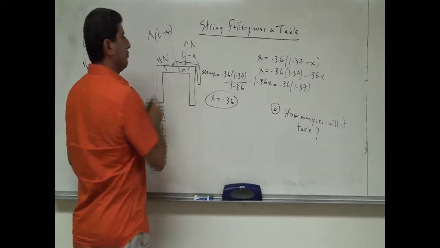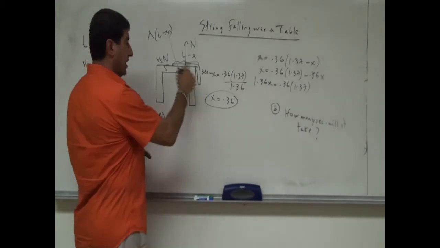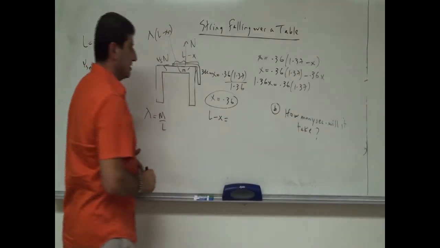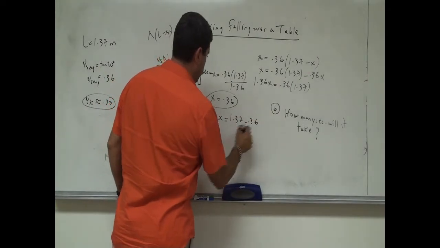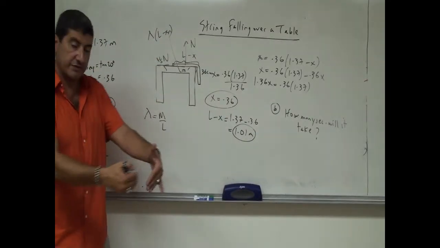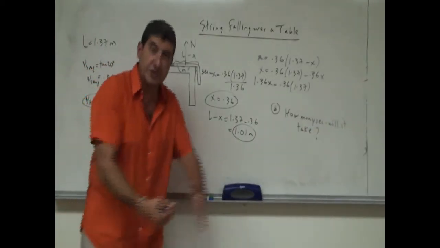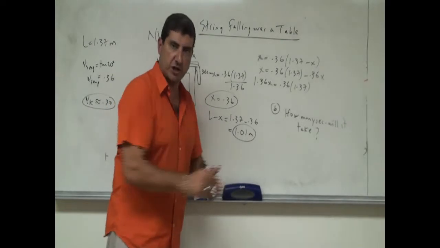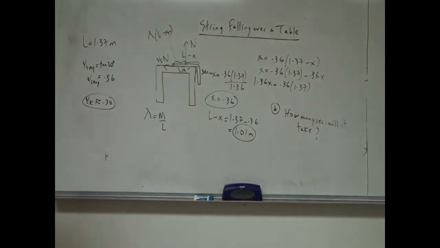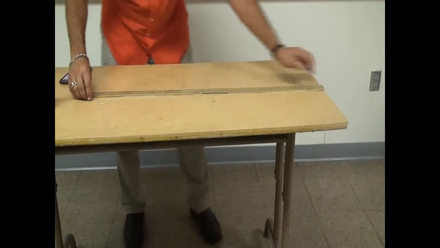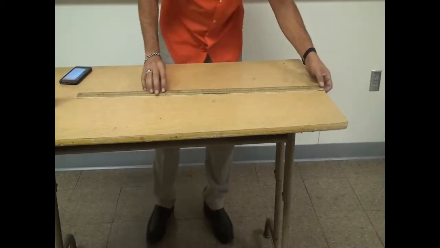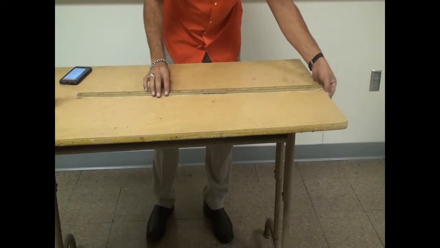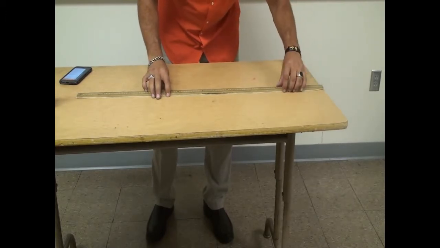So then what portion of it should be sitting on the table? L minus x. So then we can do 1.37 minus 0.36, 1.01. So about a meter of it, if a meter of it is sitting on the table or anything shorter than a meter, then it should start falling. So let's practice this, see if it works. And I'm going to have a meter of it here. So I have about a meter of it on the table,